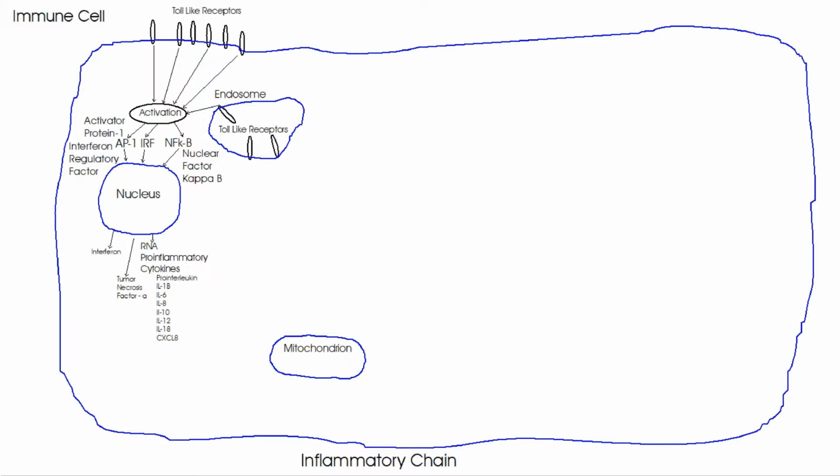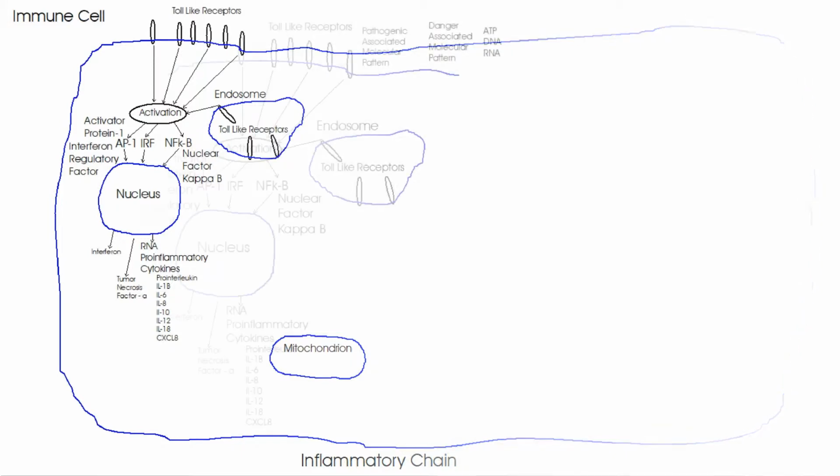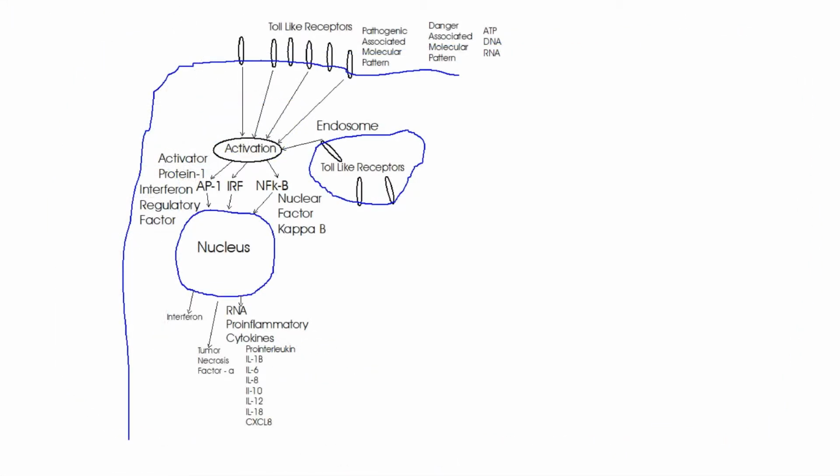The innate immune response is initiated by toll-like receptors stimulated by pathogens or physical cell damage. Bacteria and viruses are called pathogenic associated molecular pattern, or PAMPs. Cell contents, such as ATP, DNA, or RNA, when released by cells, indicate cell injury and are called danger-associated molecular